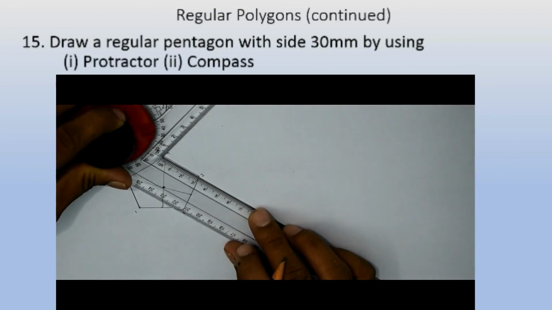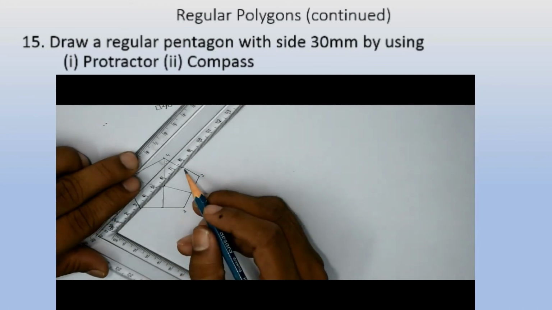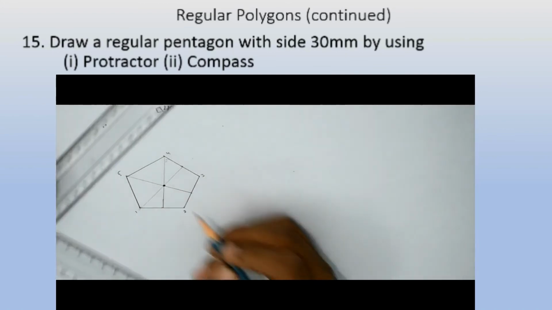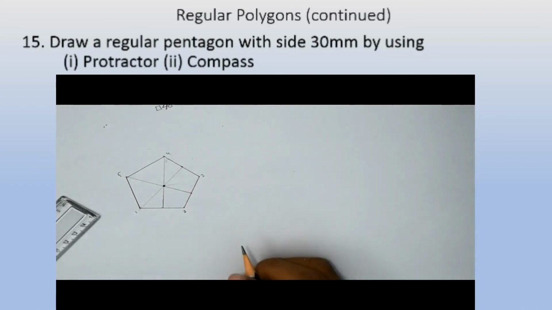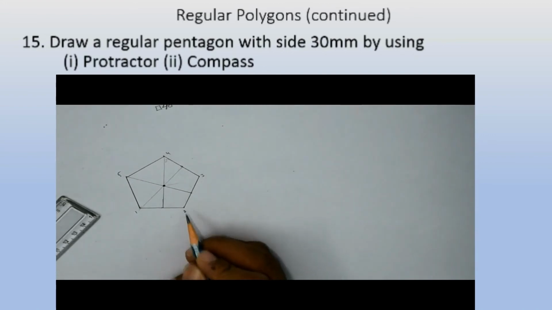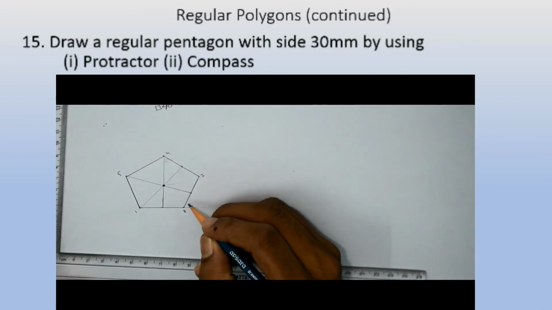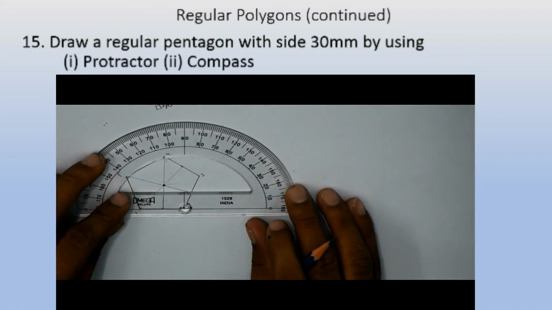We can take from all the lines also, but 2 lines will be enough because we have already got our center point. But still, just to show you, I'm drawing one line here. You can take from the 4th and 5th line also. So this is going to be our center point, and we can mark that point as O. And this angle is very important, which is going to be 72 degree.